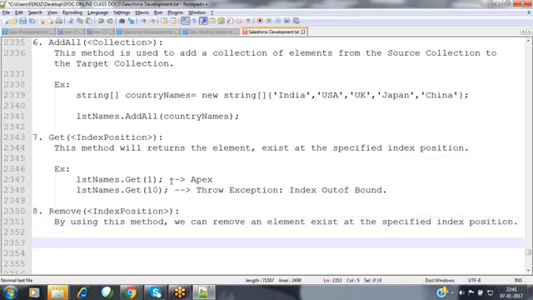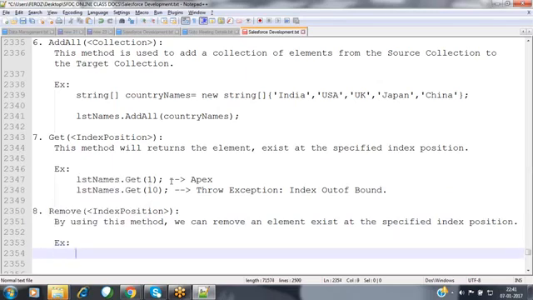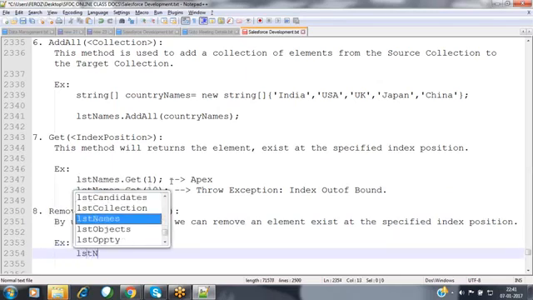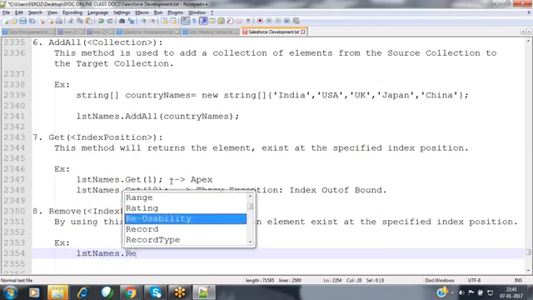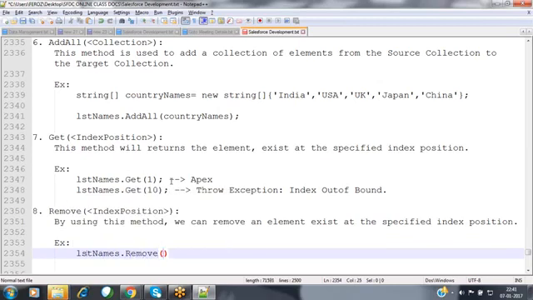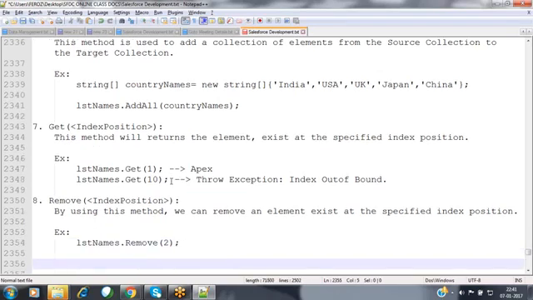Whatever element is available at the specified index position, we can remove from the collection using the remove method. For example, lstNames.remove, where we specify the index position, nothing but I'm specifying 2.